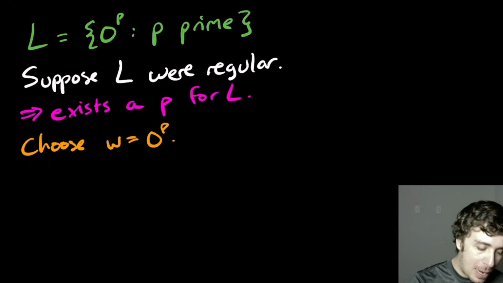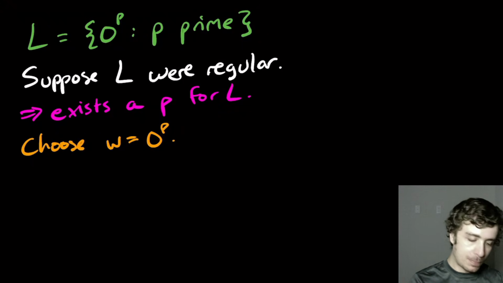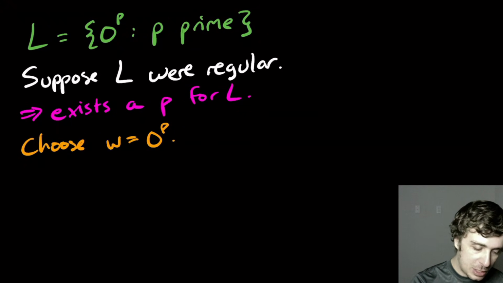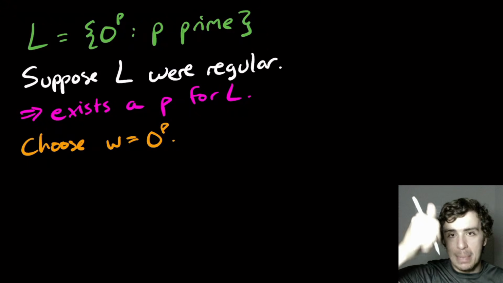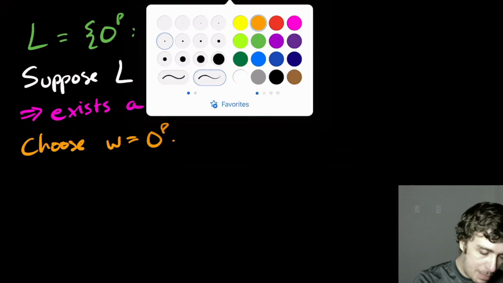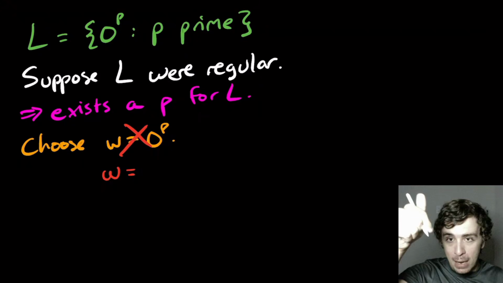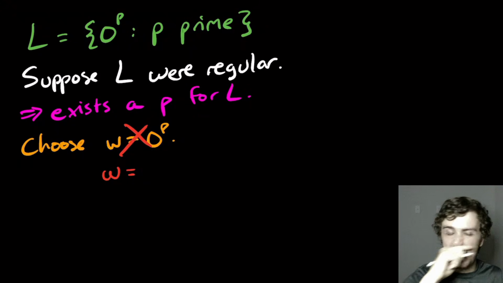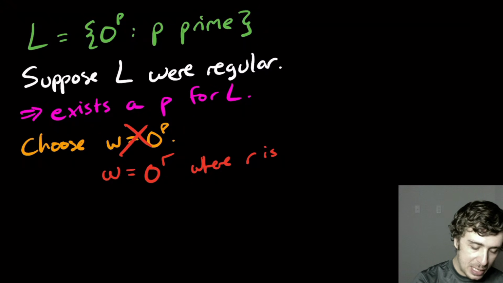So the way to get around this is to use the fact that there are infinitely many primes. So whatever this number is, there's always a prime larger than it. In fact, there are infinitely many primes larger than it, although that's not as important. So I'm not going to do this, I'm going to do this. And here's how I'm going to write it. I'm going to pick the next prime above P. So I'm going to pick 0^R, where R is the next prime